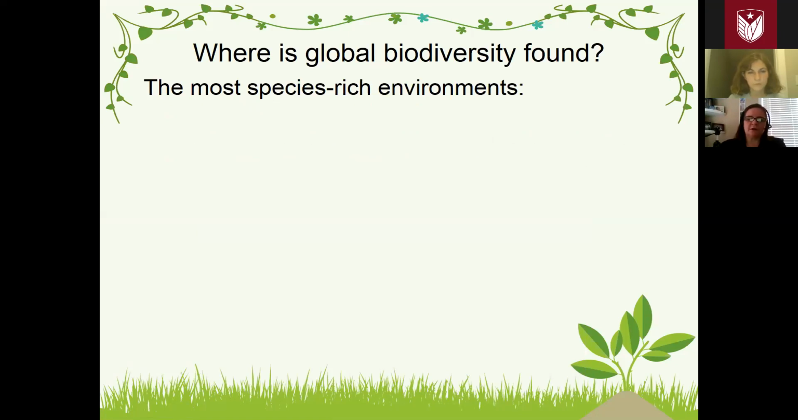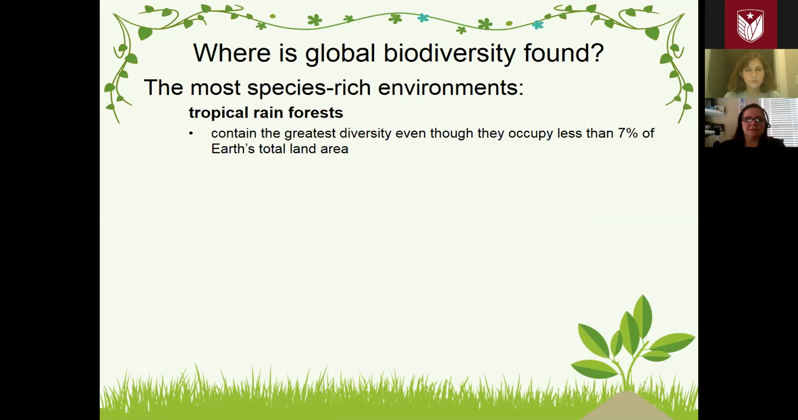So where is all of this diversity found? Well, the most species-rich environments, and again, by species-rich, I mean the number of species in a place, are tropical rainforests. That might have been the first thing you thought of, and it's certainly the one that most people think of because the